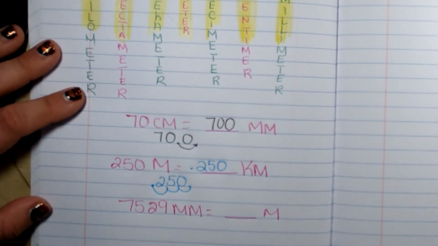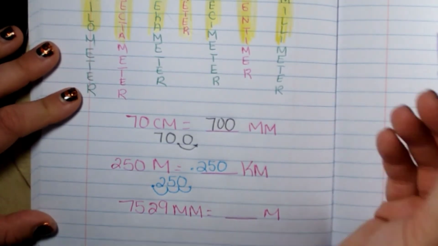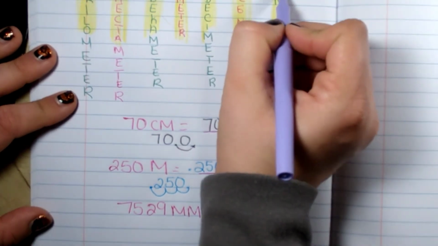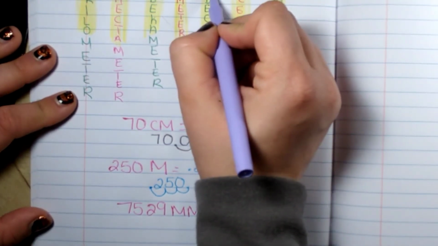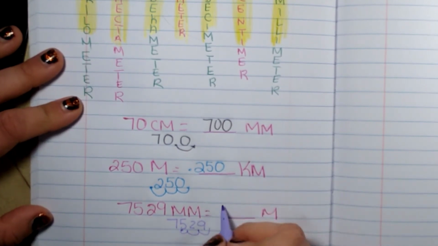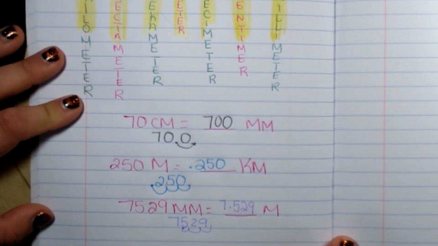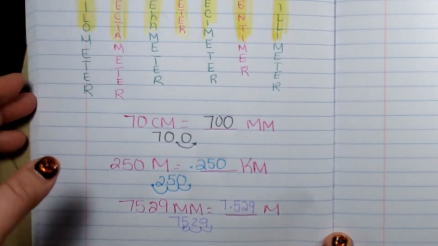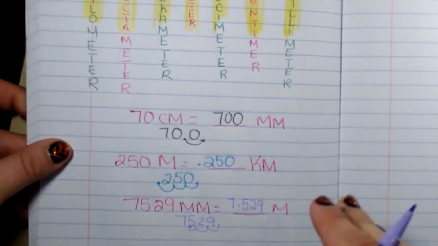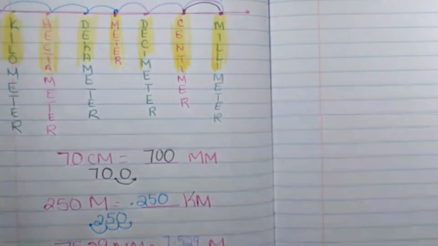And I'm going to use purple. So I'm going to start on millimeters, and I'm going to move to meters. 1, 2, 3 to the left. There you go. 7 and 529 thousandths. Okay, so here's what you're going